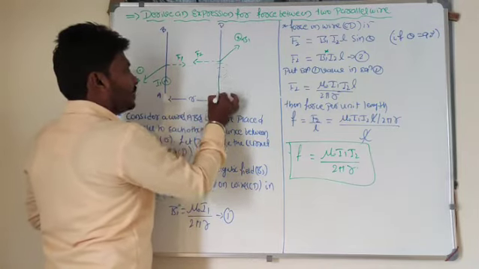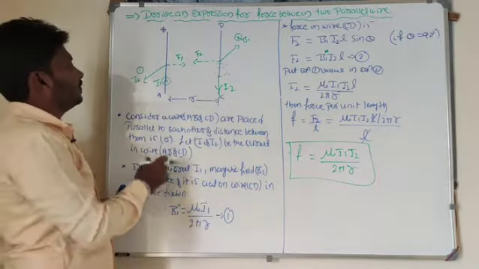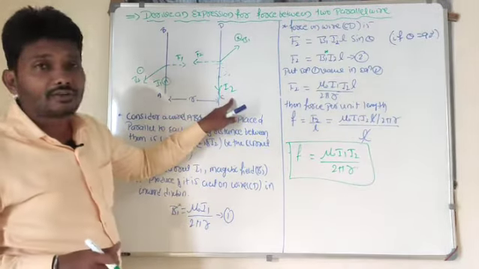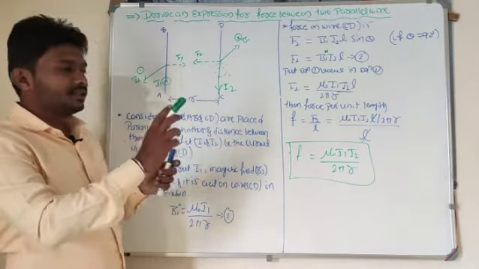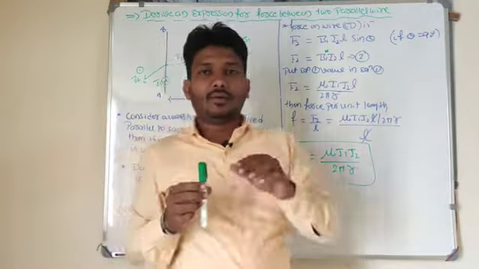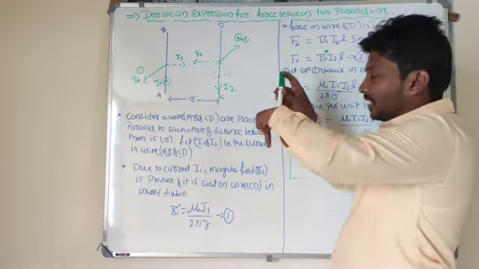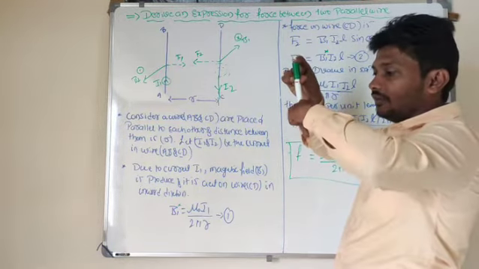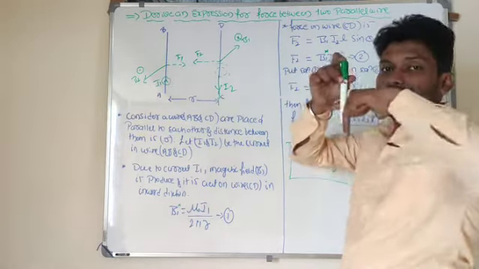Look at here, in wire CD the current is flowing in a downward direction. What will be the direction of the force I need to consider here? I want to find the direction of the force when the current is flowing downward. This is wire CD. For this wire CD, the magnetic field is into the plane, but the current is in the downward direction. This is the direction of the magnetic field, the direction of the current is downward, and this is the direction of the force.